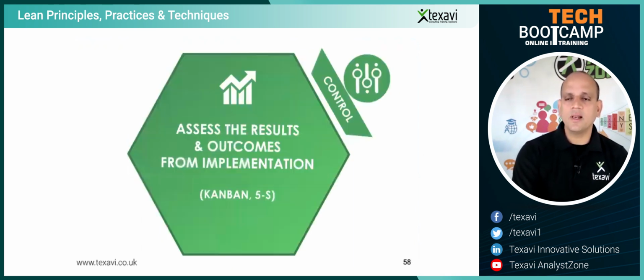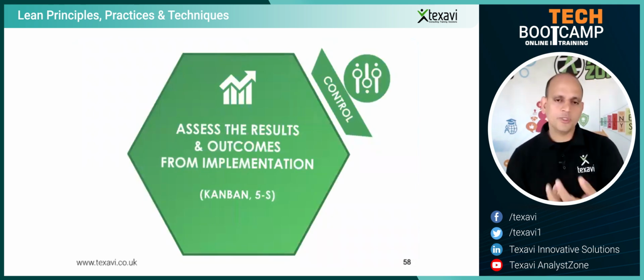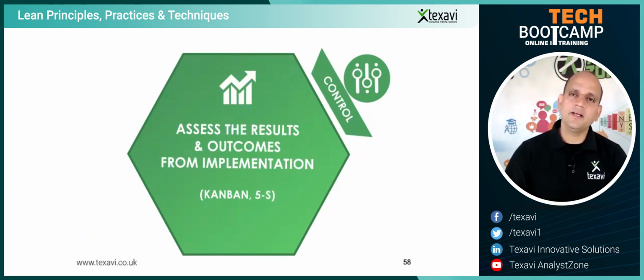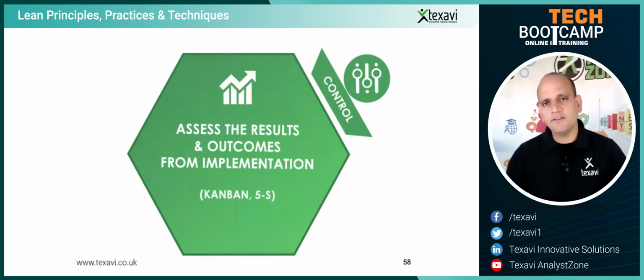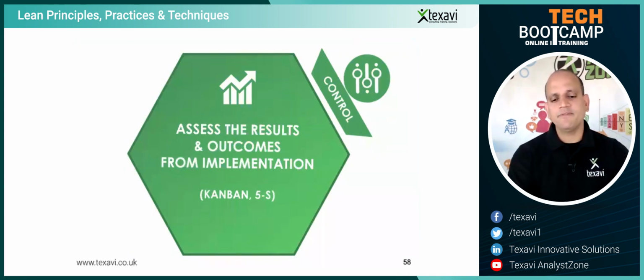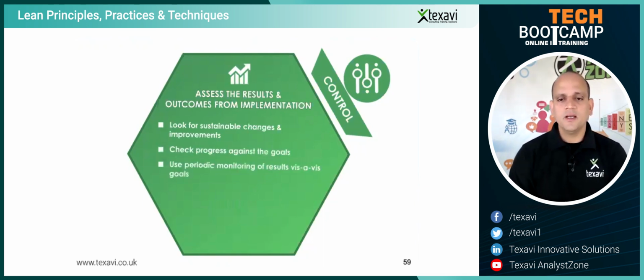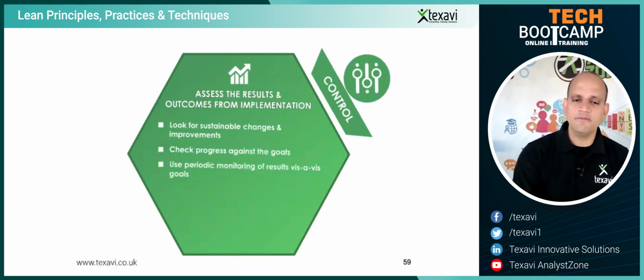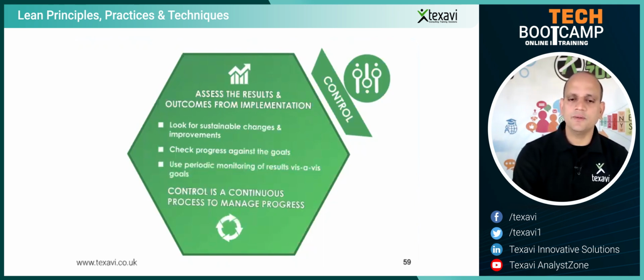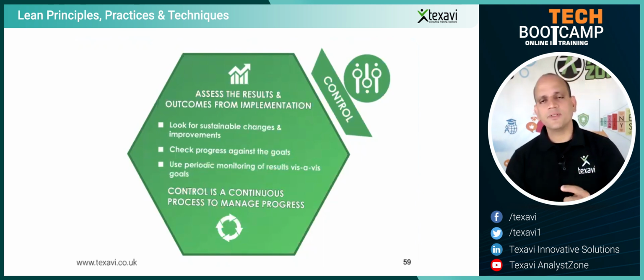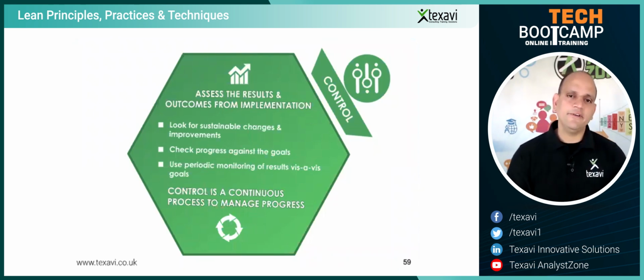And once you do that, the whole idea is to control. Once you improve, once you have a solution, then you need to look at how effective the solution is and try to implement it continuously for continuously better results, not just at that point in time, but how we can broad base it for other customers, for other users across different situations. And that's where you need to assess the results and then look for ways to implement it on a continuous basis. And then we have to have some plans to keep it going for the next few years and decades. So control is basically a continuous process. And that's where we're talking about continuous development, continuous integration, and continuous delivery of our